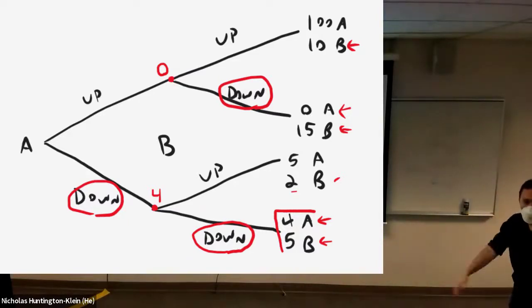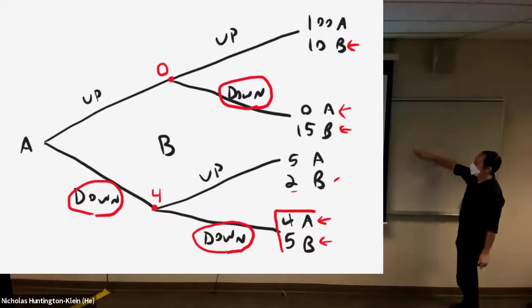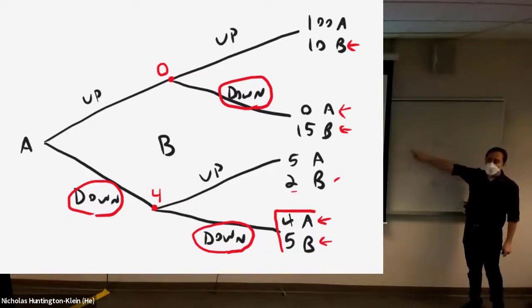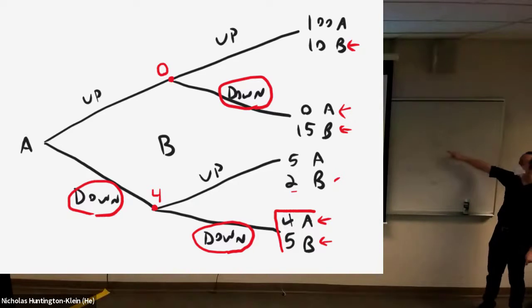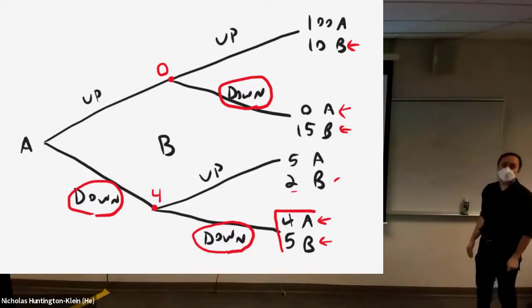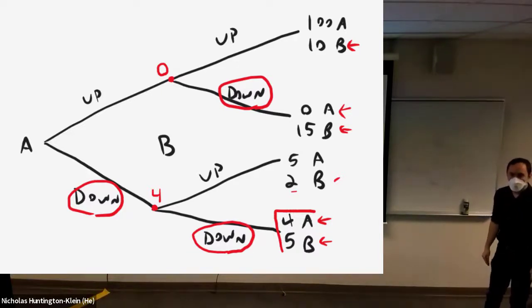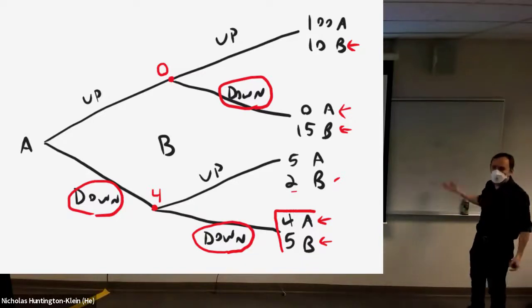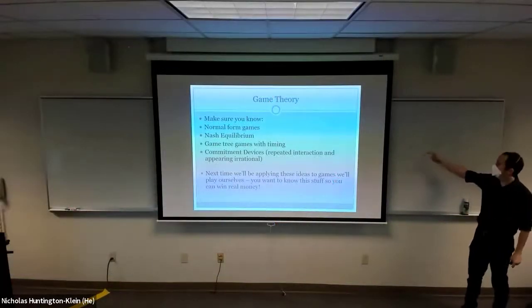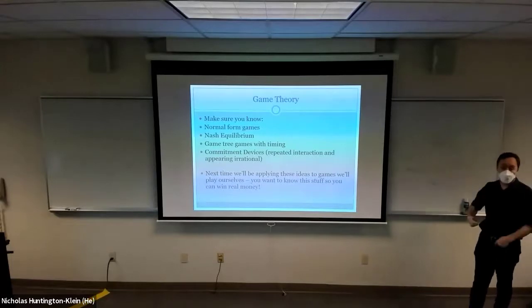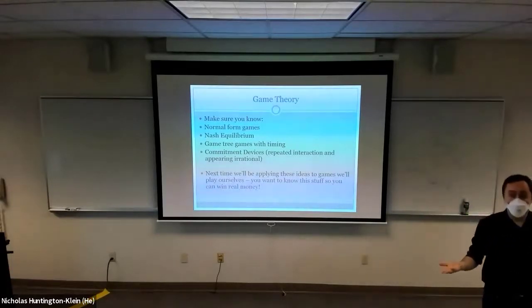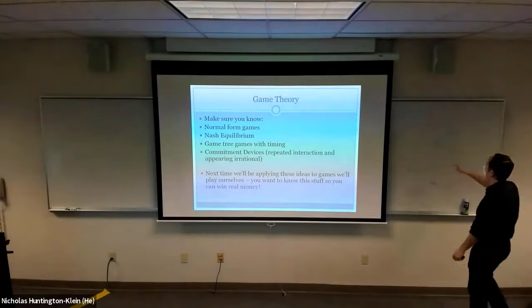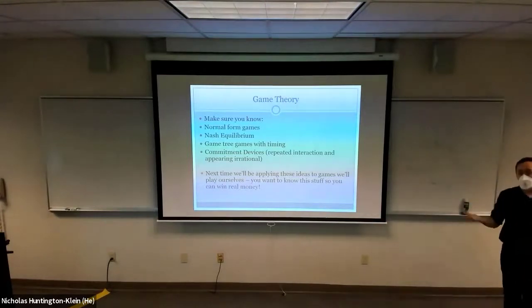You really want to convince A, hey, I really want you to go to Ballard, please. So maybe I will call up the real estate agent who has the store downtown. I'm going to burn bridges with them. I'm going to insult them to their face, so they'll never work with me again. And so then A knows B can't actually go downtown anymore. B has to go up. So now I believe that B's going to stick to their word because they've literally removed one of the options that they have. They can't betray me anymore. They've made sure of it.